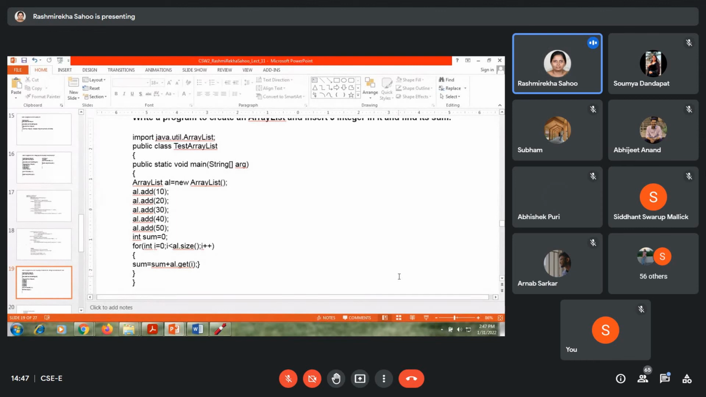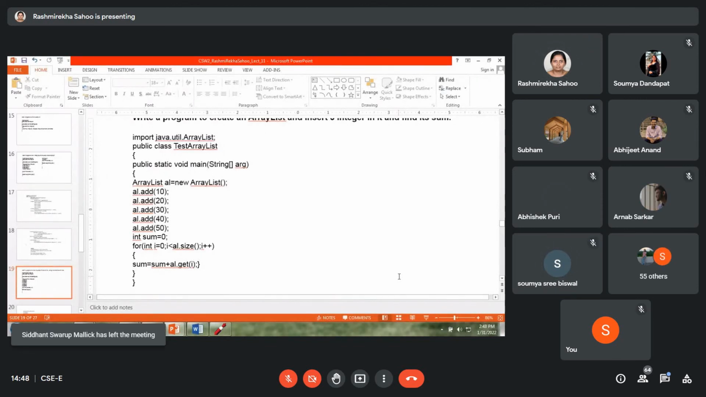Respond to your names. Soumya Sri, Present, ma'am. Anushka, Dipasa, Present, ma'am. Ayush, Anis, Subham, Present, ma'am. Soumya, Present, ma'am. Abhijit, Present, ma'am. Abhishek, Present, ma'am. Roshan,